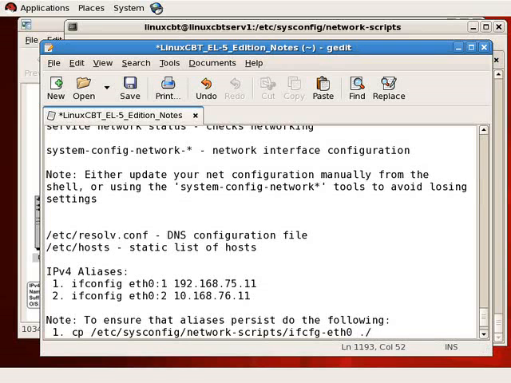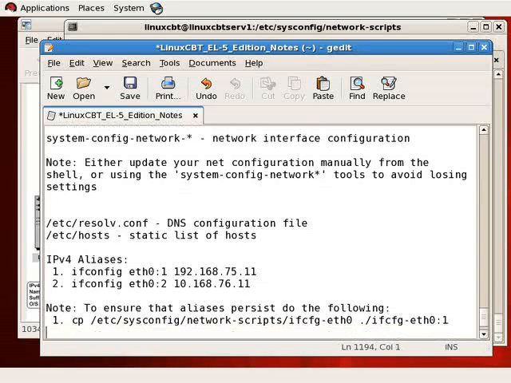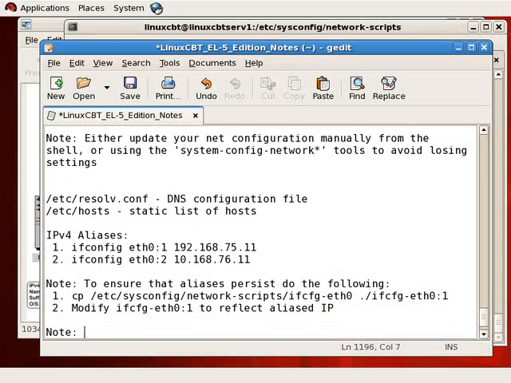Do the following. Copy /etc/sysconfig/network-scripts/ifcfg-eth0 in the same directory to ifcfg-eth0:1, the name of the interface. Then 2,